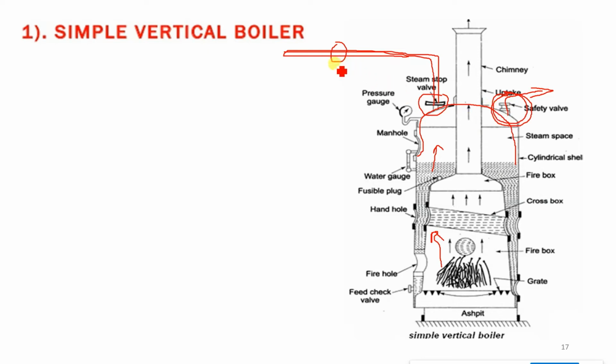Whenever we increase or decrease the flow rate, or whenever we stop the steam flow to the outside, the production of steam is still continuous here. So it increases the steam pressure. And if this value goes beyond the safe value, the boiler can burst. To avoid that, the safety valve is provided. Above a particular pressure, the safety valve opens automatically and exhausts the steam outside. And when the pressure of steam goes below that particular set value,